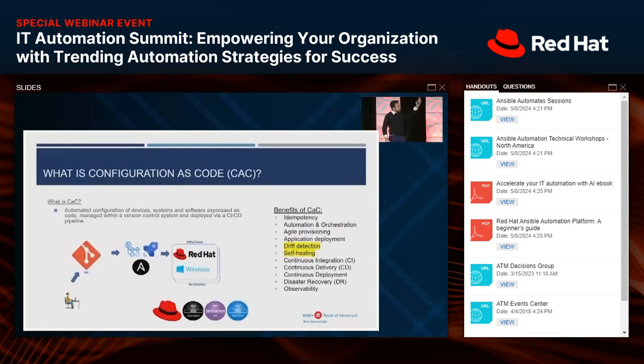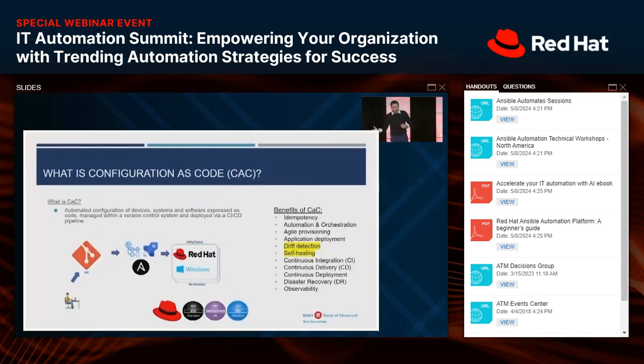Many of them are mentioned on the left of the page there. One of them being idempotency. That is one of the things that we should aim for: even having to manage a lot of configuration data, having it deployed again and again, it's still remaining in the same desired state. It is to make sure that we are in that desired state as long as we want it to be.